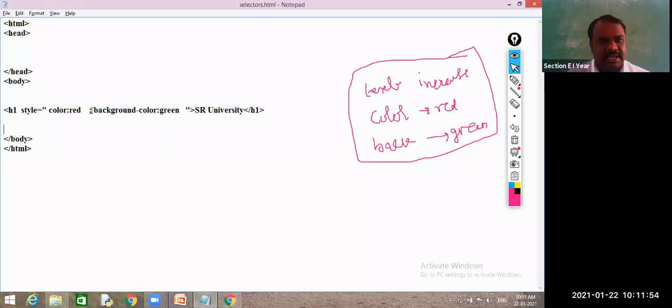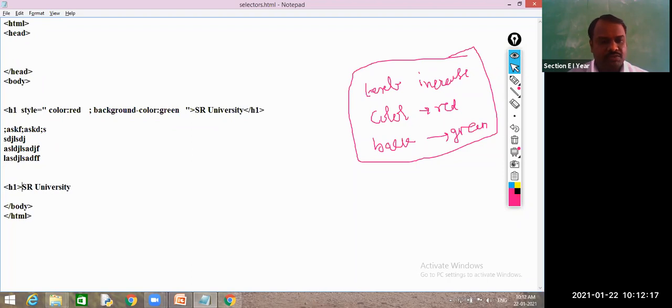Next, I have some text here. Again, I want to display this SR University here with the same properties. Same properties. Then what do I do?